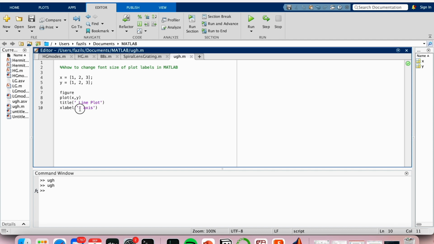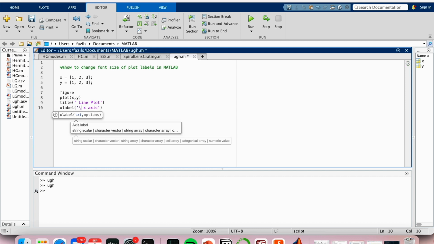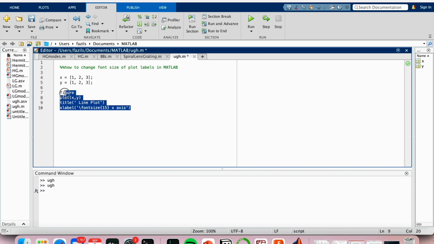To do that, what you're going to do is go inside the xlabel function and inside the label of this x, and you're going to type a backslash, and you're going to type fontsize and then a pair of curly brackets, and inside the curly brackets you're going to type the size of the font that you want. So I'm going to go with 15, and now if I run this,